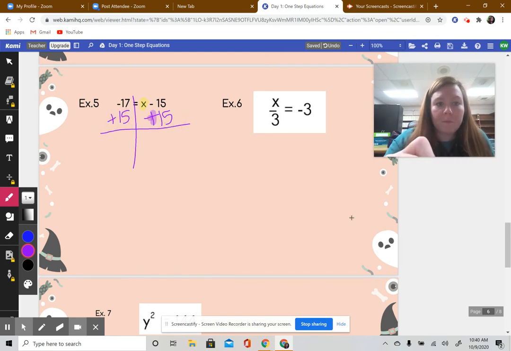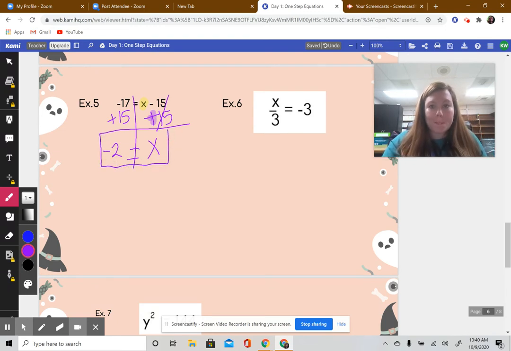Okay. Now this is going to go away. I have x on the right-hand side. Negative 17 plus 15 is a negative 2. Okay. Now,